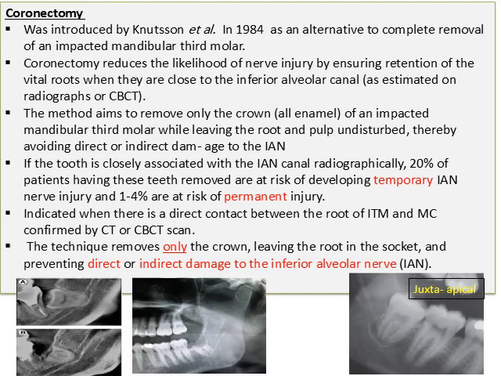If we do a cone beam CT or CT scan, this is what you see here, this radiograph is very clear, and you see the cortex of the inferior dental canal is absent here, it is not present. This means there is intimate contact, so we decide to do coronectomy. The method aims to remove only the crown, all the enamel, the whole crown, every part of the enamel should be removed from the impacted mandible while leaving the root and the pulp undisturbed, thereby avoiding direct or indirect damage to the inferior dental